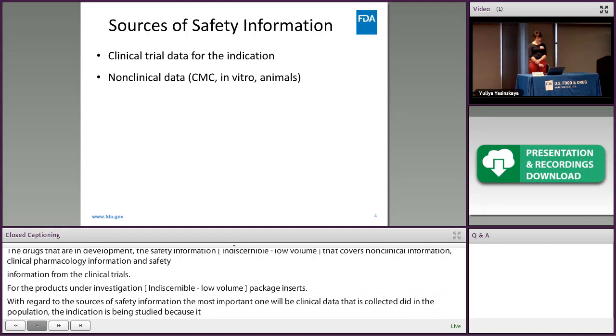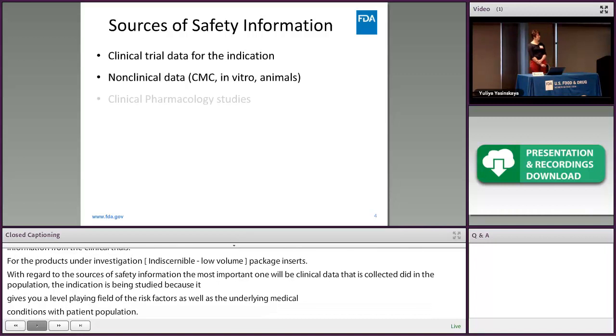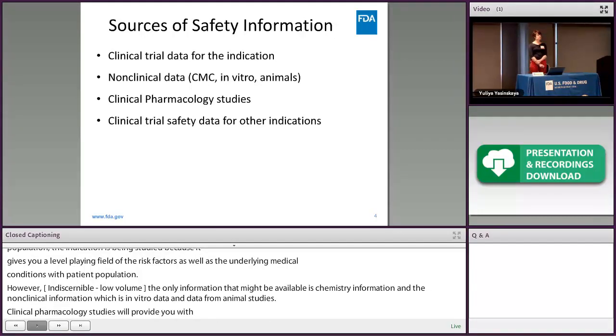However, when you are just initiating first-in-human clinical studies, the only information that might be available is chemistry information and non-clinical information, which is in vitro data and data from animal studies. Clinical pharmacology studies will provide you with safety information in healthy volunteers. Also, clinical trial safety data for other indications is of importance because it broadens your patient population and you get safety signals from different